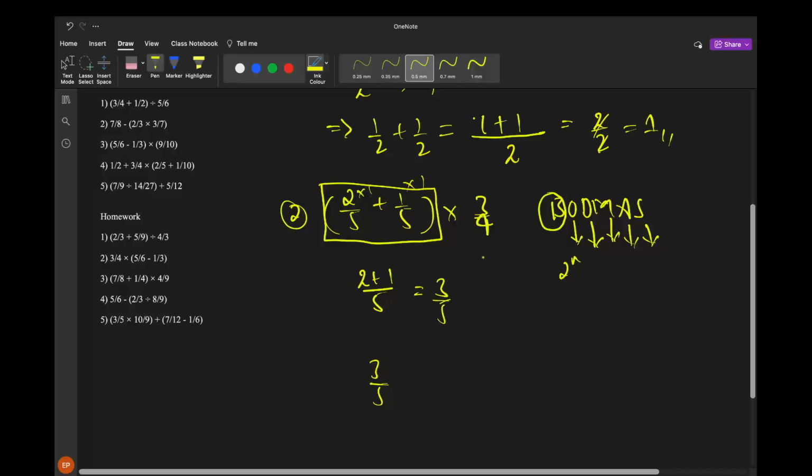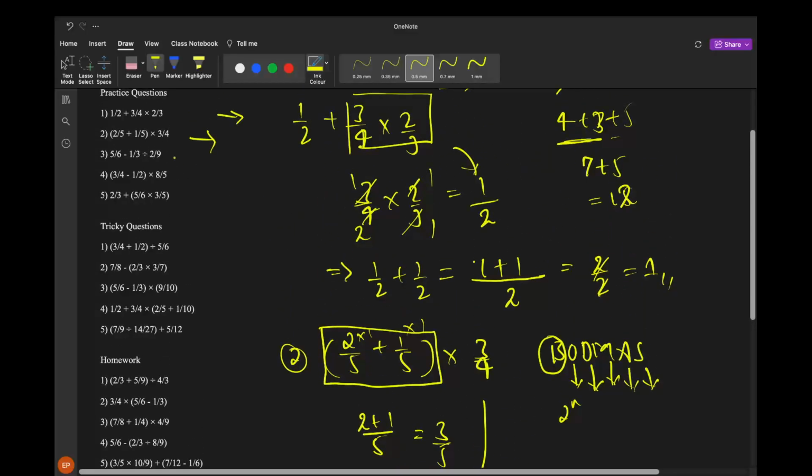3 by 5, next part into 3 by 4, which gives us 3 3s. Multiplication means direct numerator to numerator, denominator to denominator. 3 into 3, 9. 5 into 4, 20, which gives us 9 by 20. This is the simplest form. Okay,